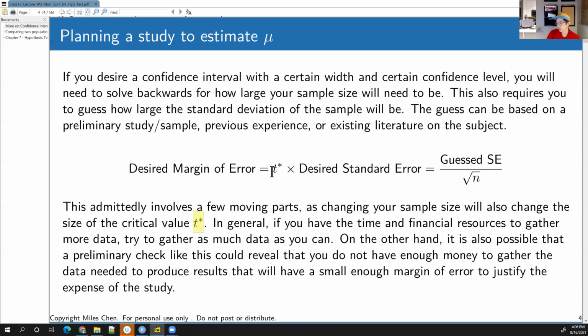In any ideal scenario, we try to gather as much data as we can. But again, you don't want to be wasteful with your resources. You don't want to do overkill in how much data you're going to gather. But doing a preliminary check could also show you that you don't have enough funding to even do the study